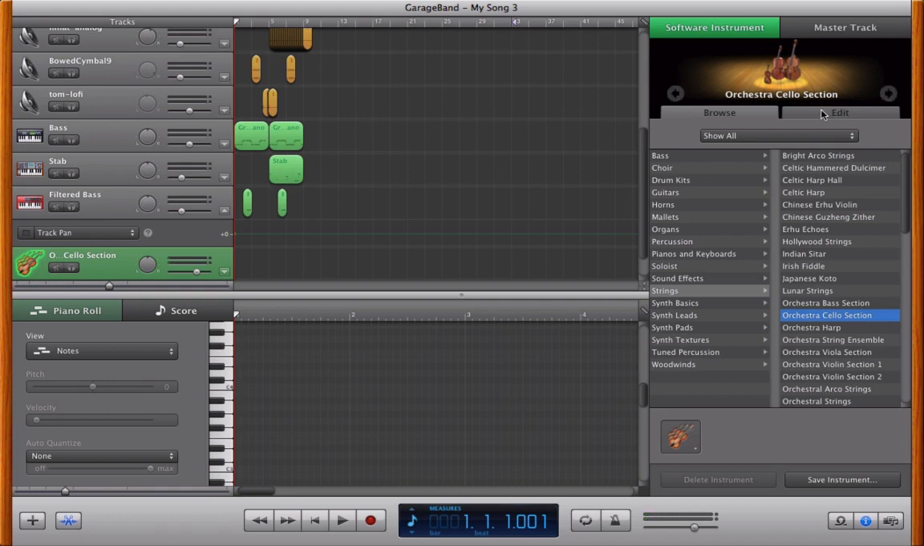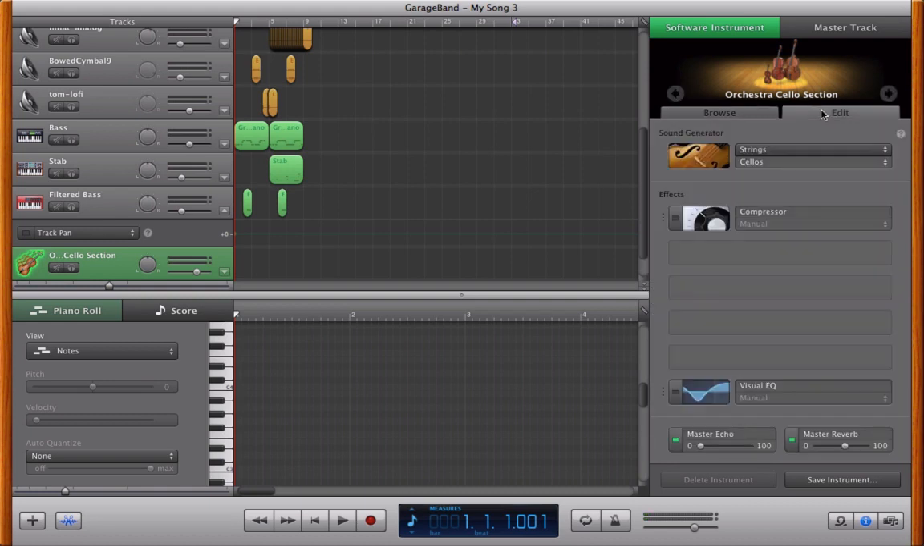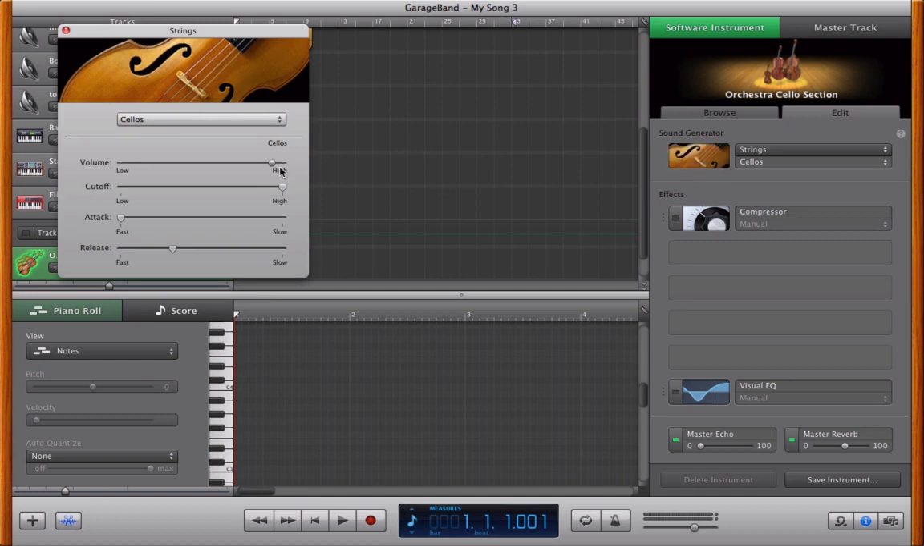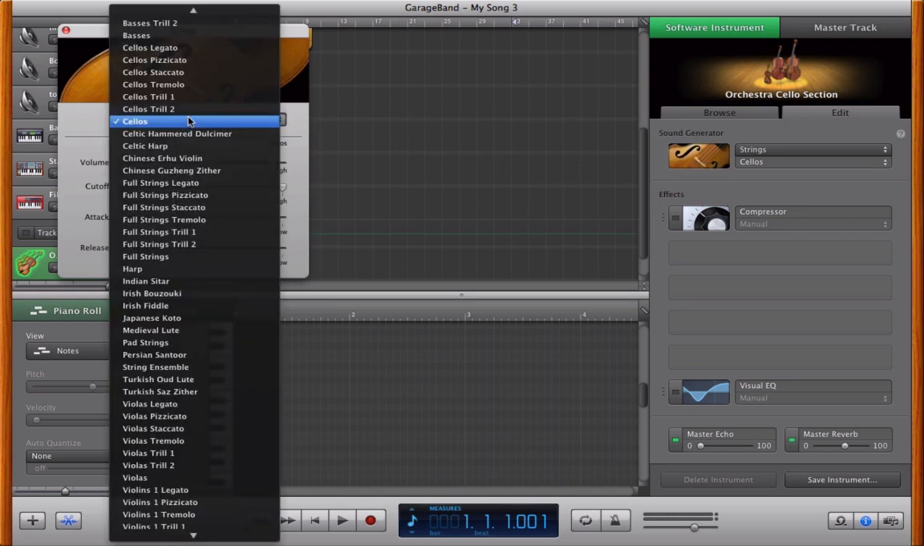So what I'm going to do is go into edit so I can actually look at the instrument settings. And now what we have are just a bunch of different, they call these sound generators, but we have a bunch of different samplers that we can choose from. So if I don't want cellos and instead I want to go with the Irish fiddle,